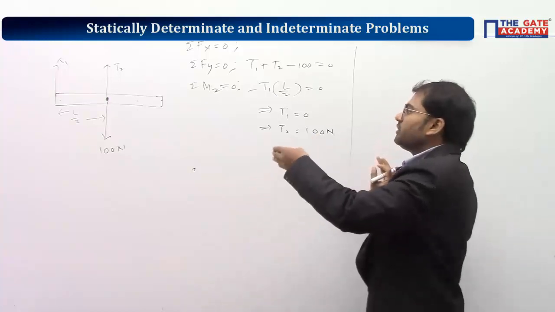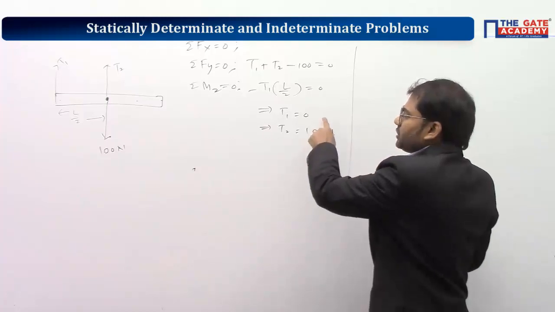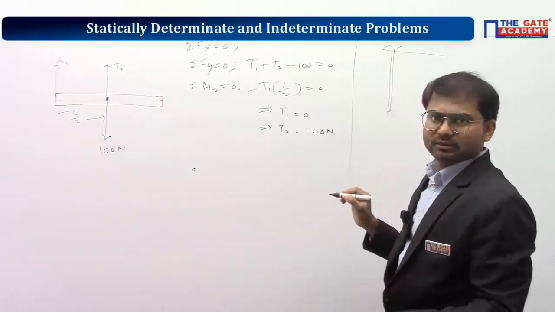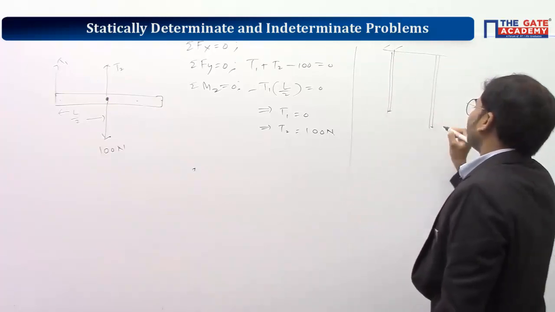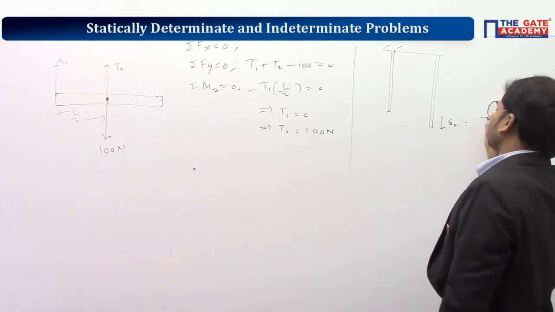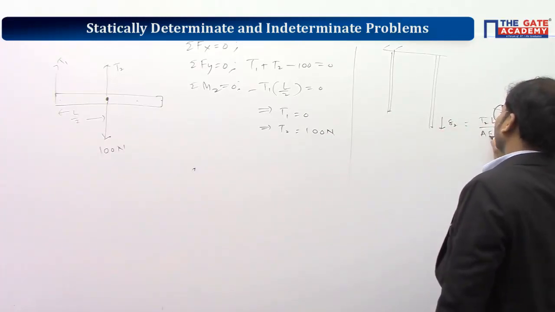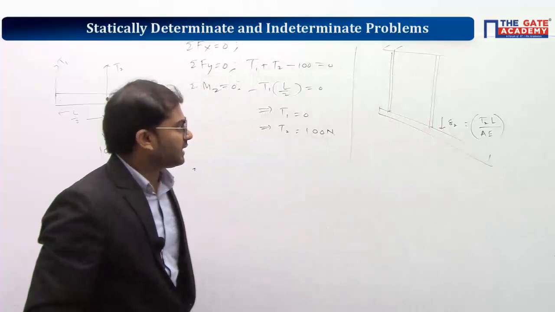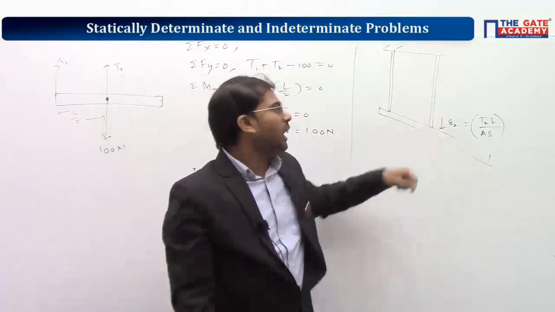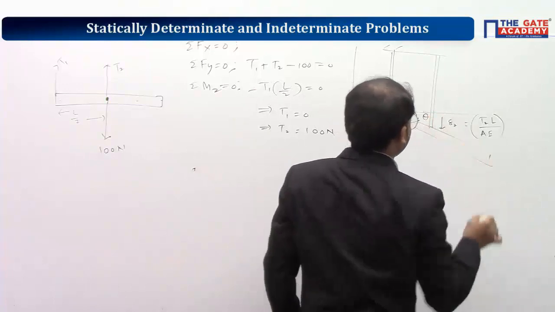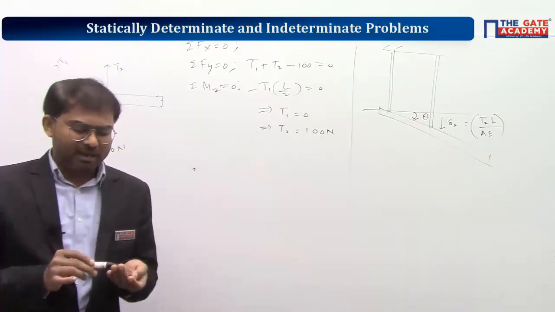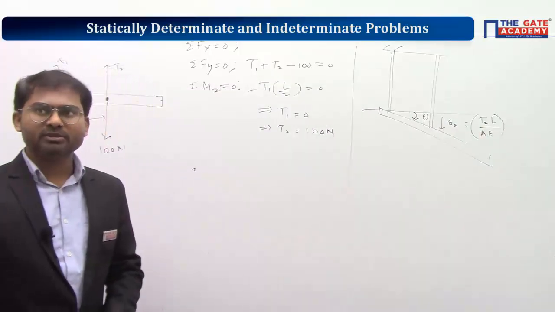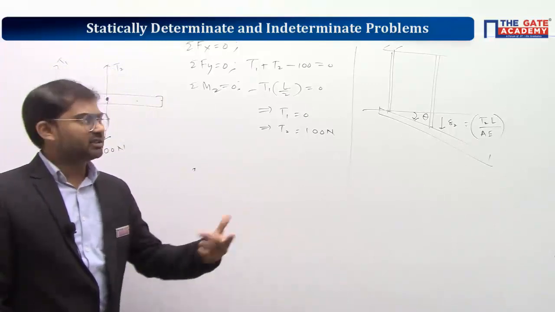Immediately when force is applied, T1 is 0 and T2 is 100 is coming up here. Now this means the left wire will not elongate. It will stay at its original value, but the right wire will elongate. This elongation delta 2 will be according to the equation T2 L by area into Young's modulus of the wire. So the bar will become like this. For that question, after asking tensions, they can ask what is the elongation of the second wire, or what is the angle of twist theta of this bar. I hope I haven't confused you, because earlier I went with one condition and later I had to drop it because it was not tallying with the results.